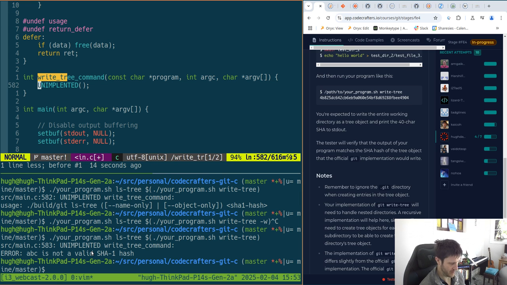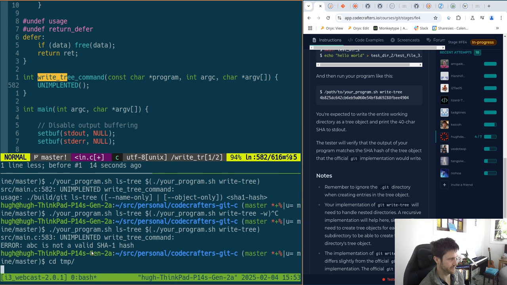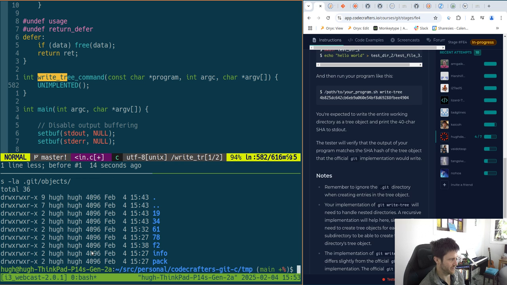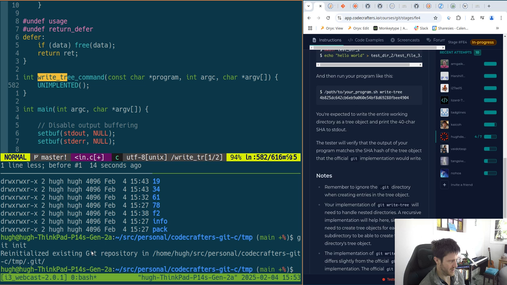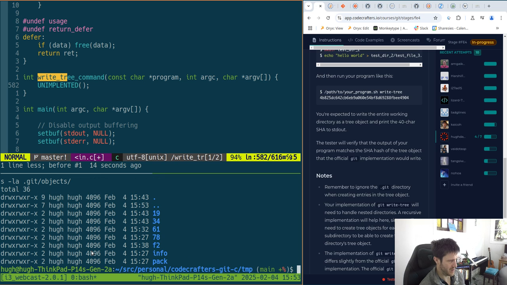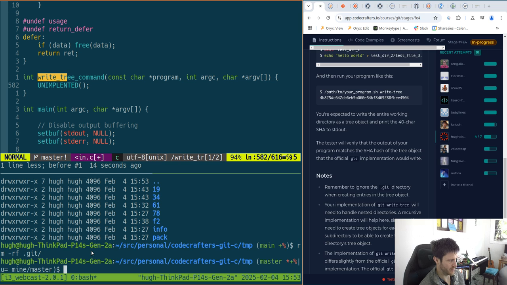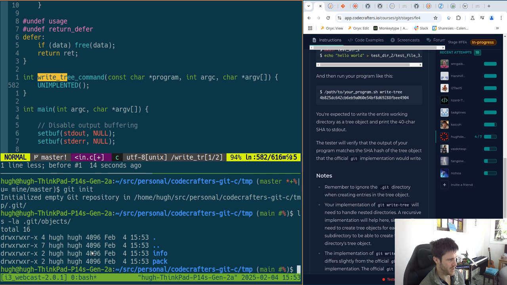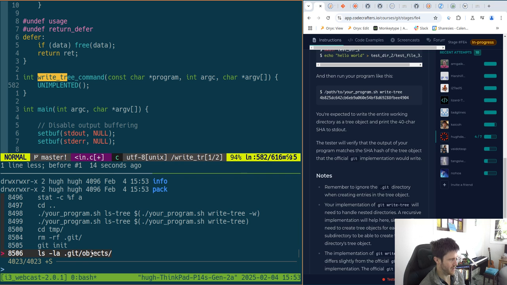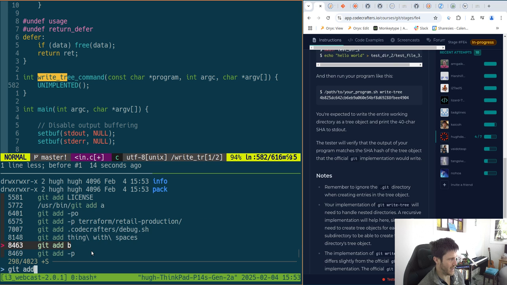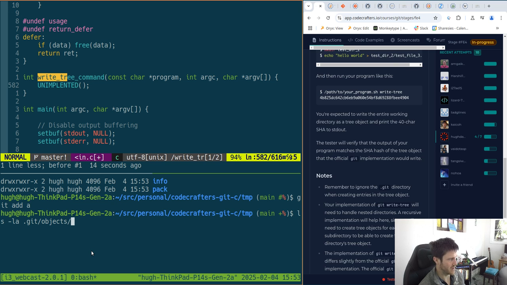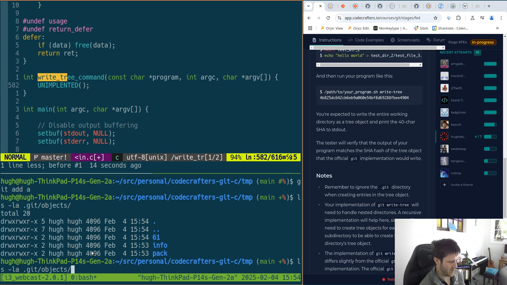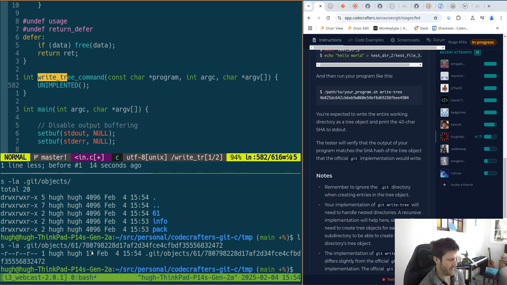I wonder actually, we've got a few things in there. If we do git init again, does that mean no? Maybe if I just get rid of that and look at objects, we don't have anything, and if we git add a, that's added an object for us,